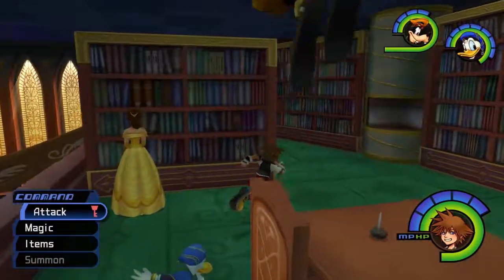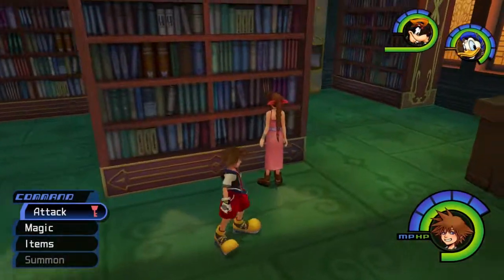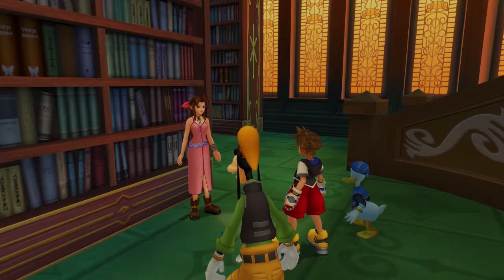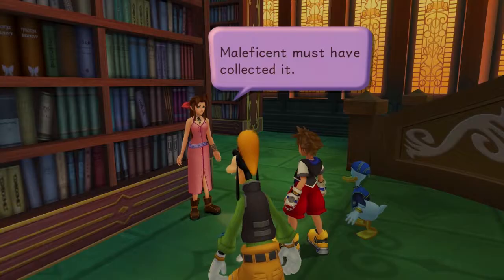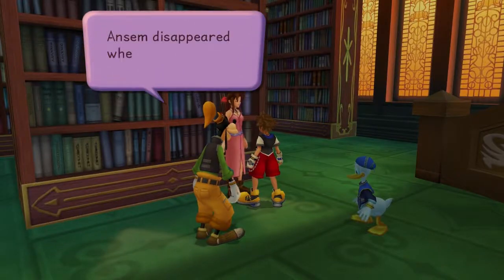But anyway, are we doing anything else? Oh yes, we've got to go talk to who's this? Oh god, my brain's gone. It's Cloud's missus. I can't remember her name. So yeah, talk to her here. And you get the rest of the Ansem reports, which I won't be reading during this